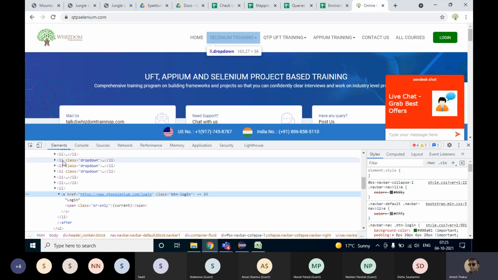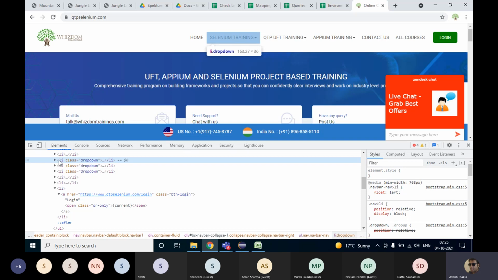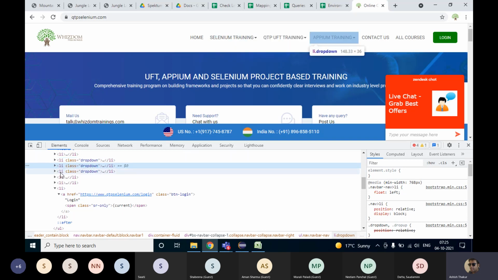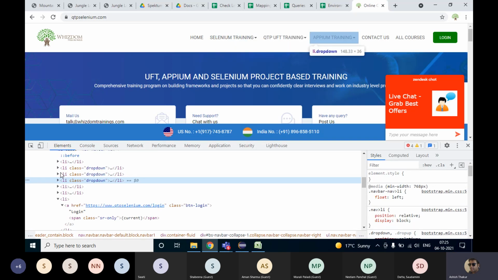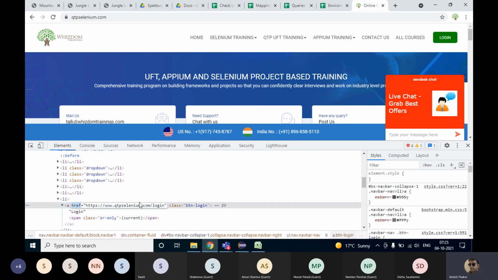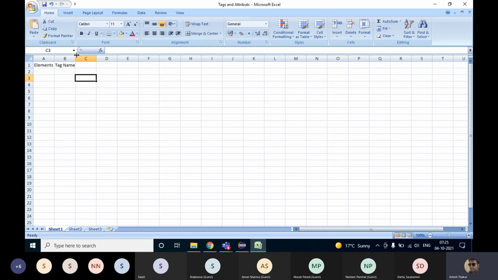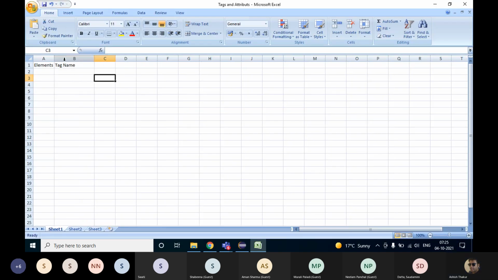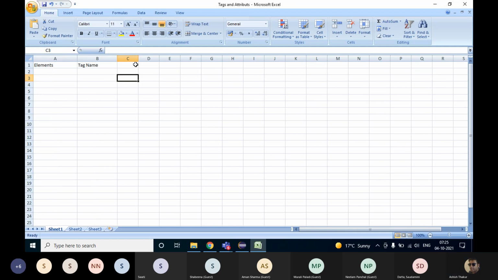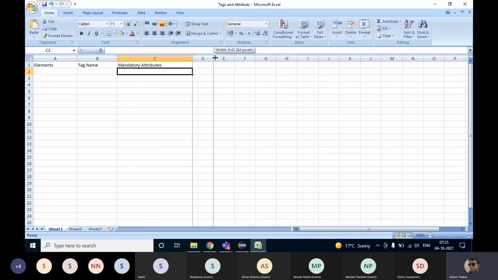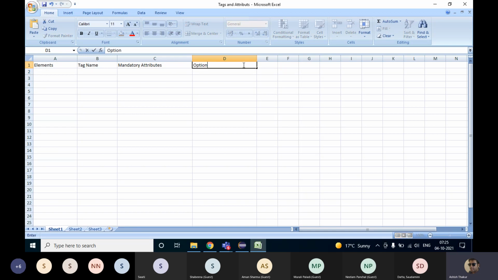Basically in page source, this li is a tag name. Whatever starts with an angle bracket is a tag name. Fine. A tag is associated with attributes, like we have the href attribute over here, the class attribute over here. So a tag can have mandatory attributes and some optional attributes.